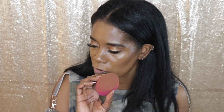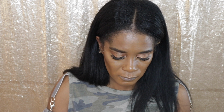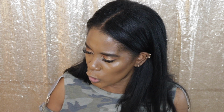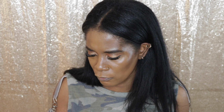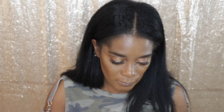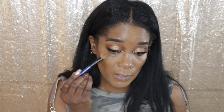Initially, I'm gonna use my beauty sponge, and then I'm gonna go in with a brush and see how I like it. Okay, I don't think the beauty sponge is gonna work. This is a translucent powder, right? If I remember correctly, a translucent pressed setting powder. Alright, so let's go in with the brush and set it instead of using the beauty blender. Okay, it's translucent, but